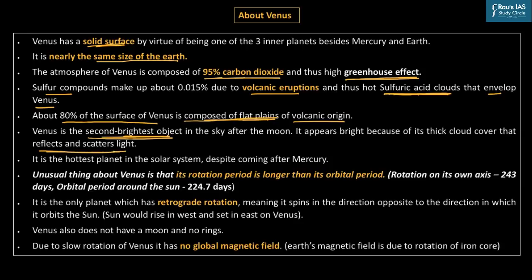The atmosphere is very dense at Venus, unlike Mars. The atmosphere of Mars is thinning down, but the atmosphere of Venus is still very thick, and it is largely carbon dioxide gas having a high extent of greenhouse gas effect. So much so that it is the hottest planet in the solar system, despite being second in order after Mercury. One very peculiar thing about Venus is that it has a rotation period longer than the revolution period or